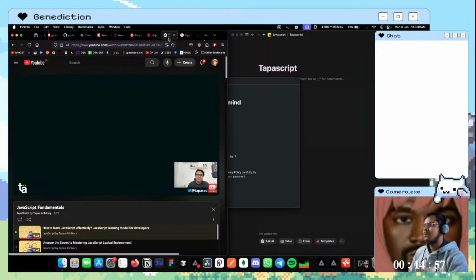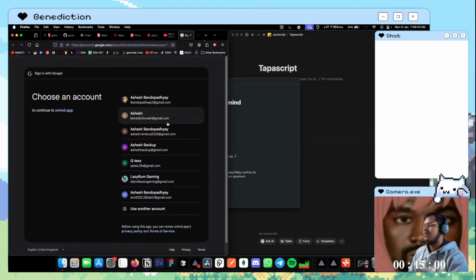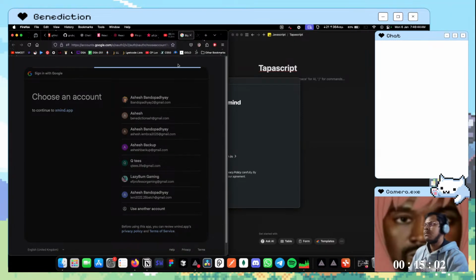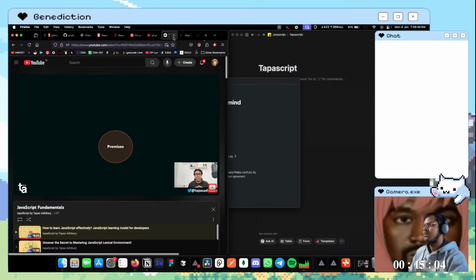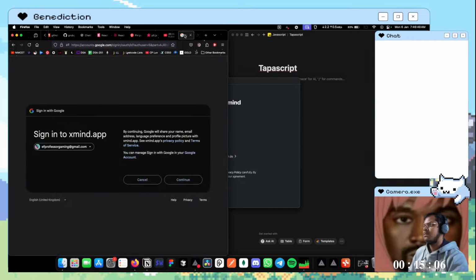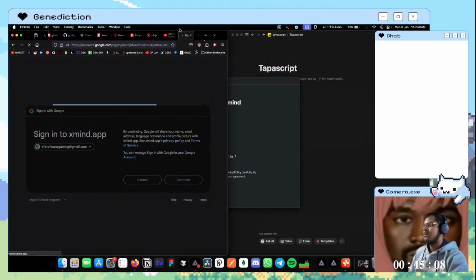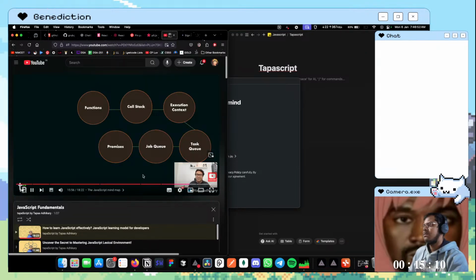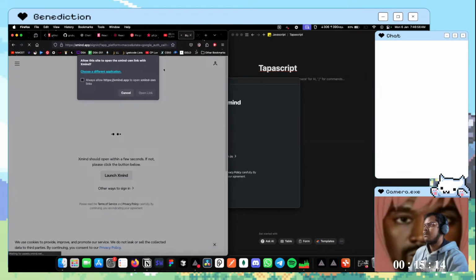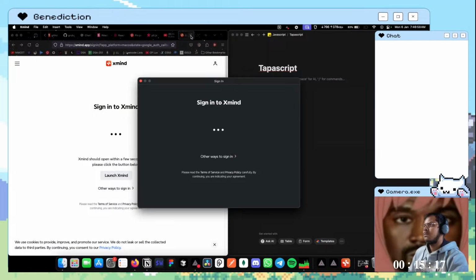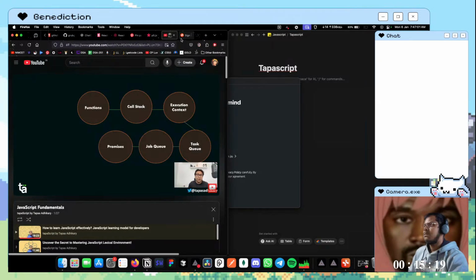Another example of the mind map is, let's talk about JavaScript promises. Now, if we talk about JavaScript promises, how do we come to promises? Like, what are the surrounding topics that I need to get comfortable with so that I get completely comfortable with promises? Okay, you have to know about functions for sure, call stack, execution context again. There's something called task queue, there's something called job queue, and then you connect the dots. I have created a full-fledged series to make you understand promises, taking the same path. And I've got a lot of great comments from everyone who has gone through the asynchronous series that they understood promises and they're able to solve problems.